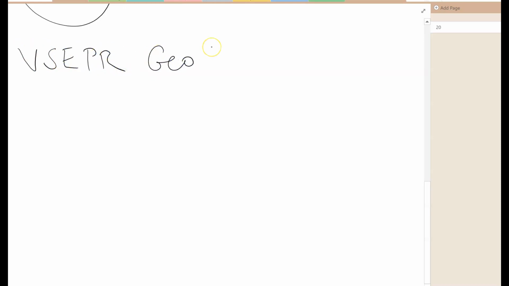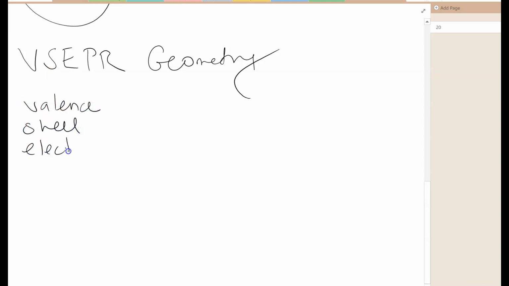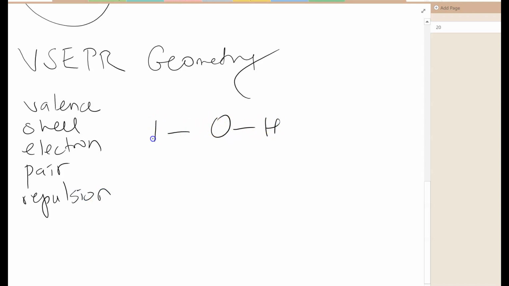Now, let's talk about geometry. When the molecule comes together, the bonds bend at a specific angle to minimize repulsive forces. Okay. VSEPR stands for valence shell electron pair repulsion. What that means is when you draw a water molecule, you can't draw it this way, even though